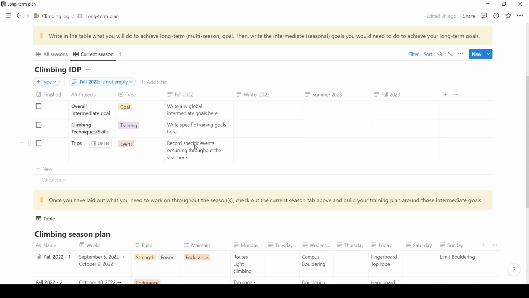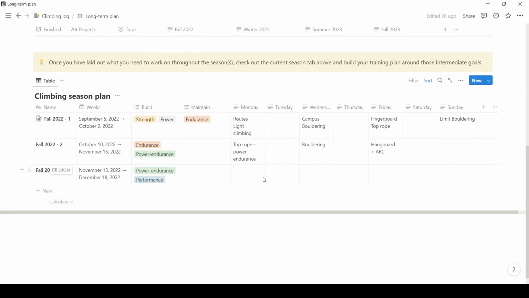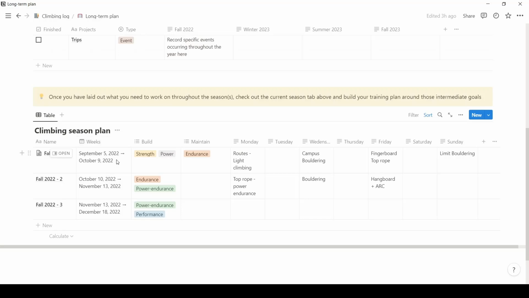And so you can look at these goals and then base your climbing season plan on that. This is only an example. I don't recommend you follow this plan at all. But here I've divided my fall semester into 3 sections. One goes from the start of September to the start of October, one from the start of October to approximately mid-November, and then mid-November to mid-December. And so I've decided for each section what are the things that I want to work on or increase, what are the things that I want to maintain, and then what is a typical schedule that I would have for that